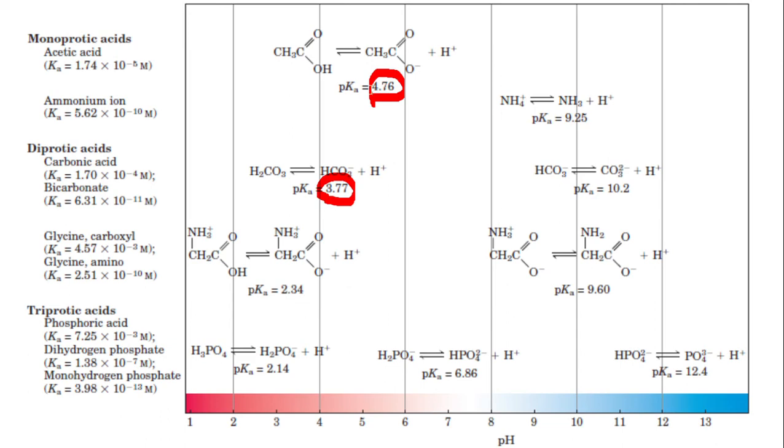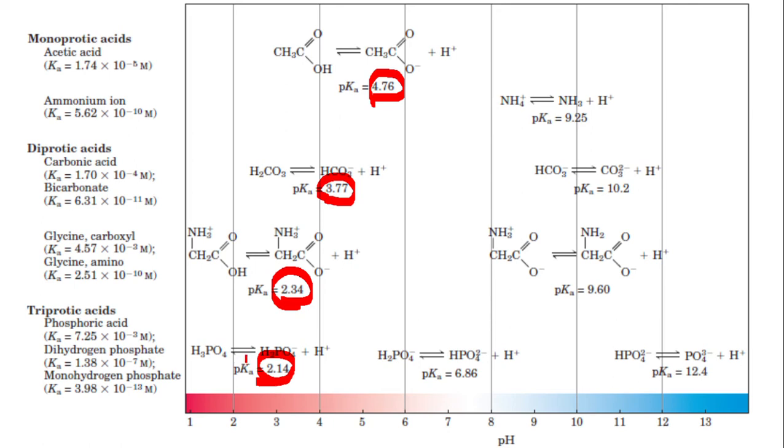Like that you compare HCO3 minus, 10.2 is pKa. Here glycine etc. Glycine is an amino acid actually. Its pKa is even lower, 2.34. It is stronger actually. And even more stronger than this is the phosphoric acid, dihydrogen phosphate etc. Why? Its pKa is 2.14. So by comparing the pKa values, we can estimate, calculate, identify the strength of the acid.